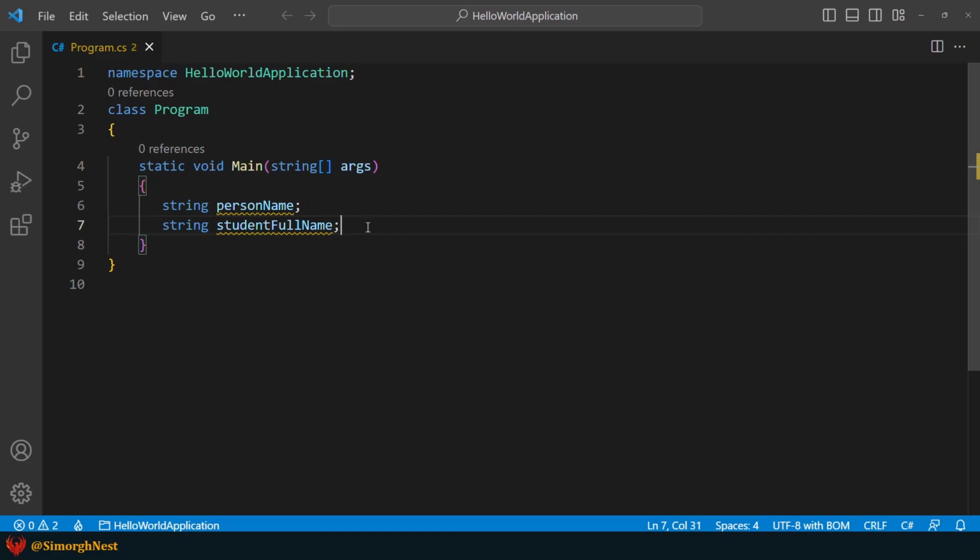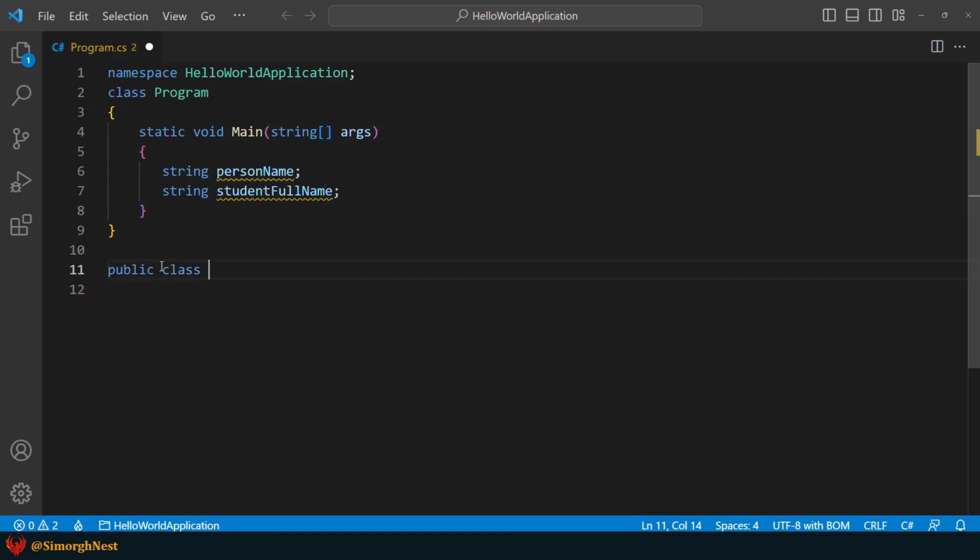Okay, for declaring a class, method, and namespace in C#, we always use Pascal case. Now, let's declare a class for Uber based on Pascal case. So, in this line, we go for public class uppercase U. Now, let's declare a register driver method based on Pascal case too.